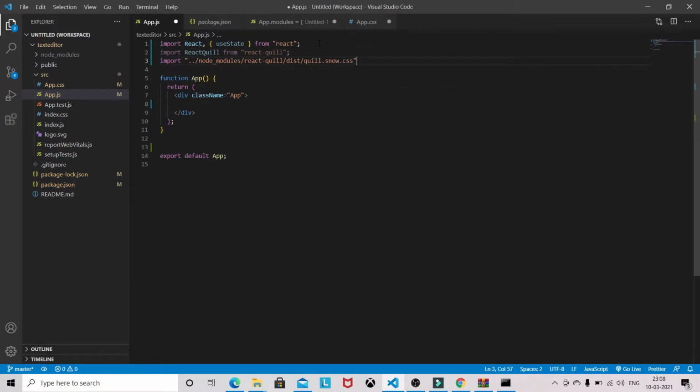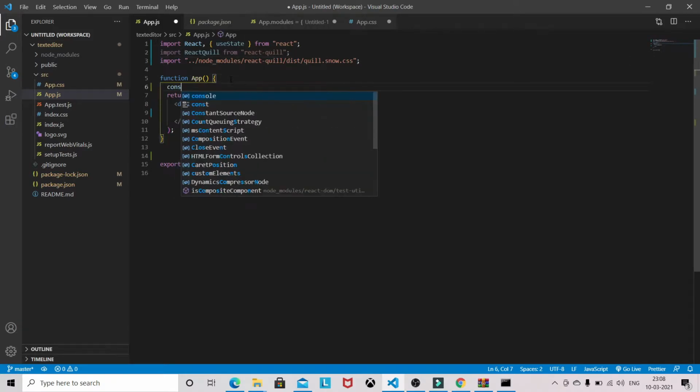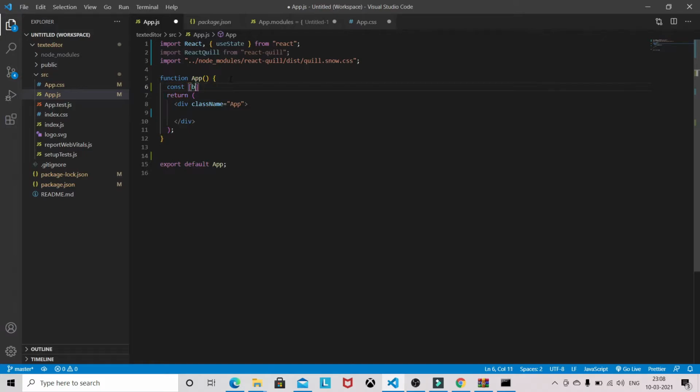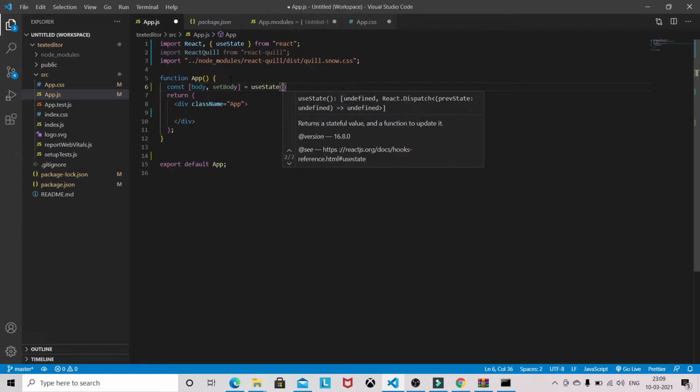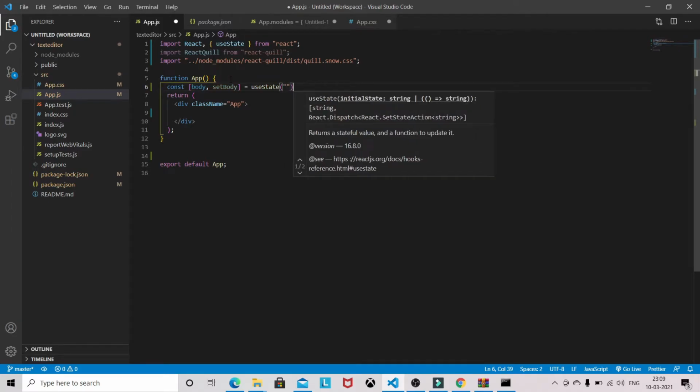Quill.snow.css file. Okay, after doing the import, we need to maintain one normal state, set body, useState. You can give something.